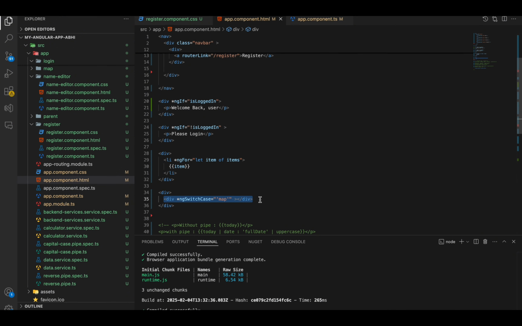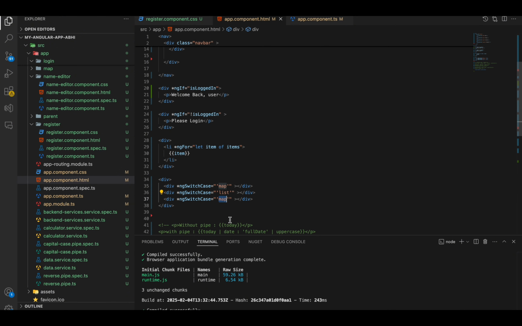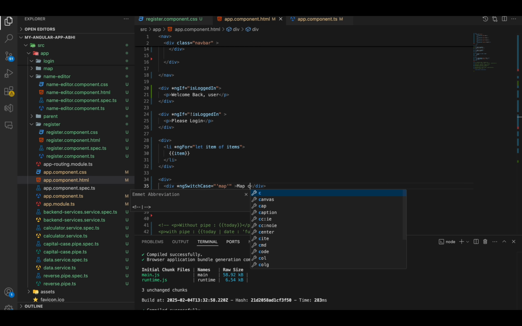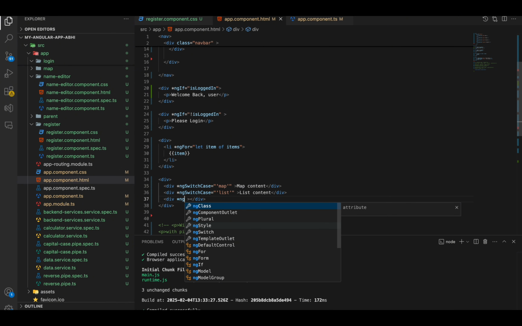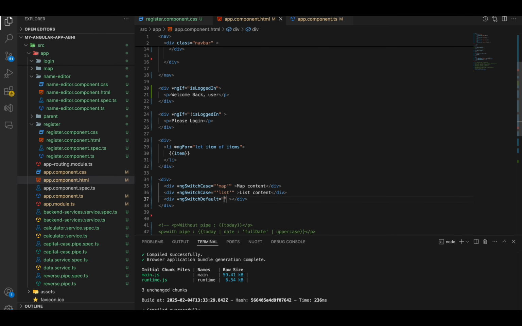So like this we can create multiple. Another one could be, and this one we will make the default, so we'll just remove this. So if our ngSwitchCase is equal to the string map, then we can show our map content, okay? And if it's equal to list, we'll show our list content. And if this is the default, which is ngSwitchDefault, here we don't need to mention anything, then it shows, for example, default view content,